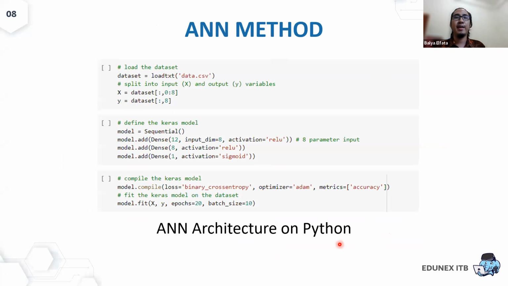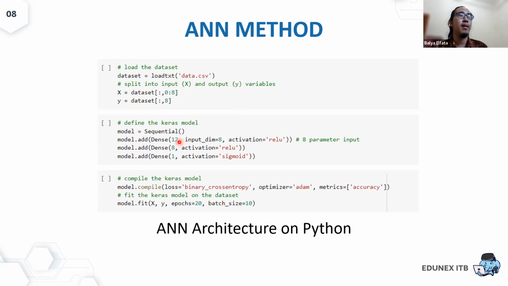As for the ANN method, here is an example where we store our data in an Excel format, data.csv. For the first until the 8th column, we're going to put the input, which is X, and for the 9th column, we're going to put the output, which is Y. And here's the